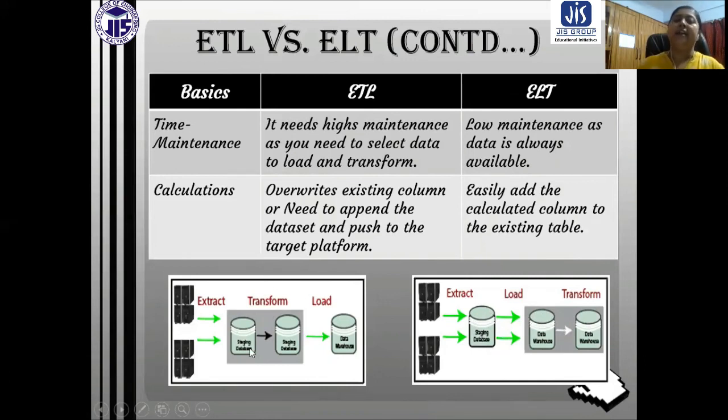But for ETL, it is extracted and loaded into the staging servers, not loaded into the data warehouse servers. So the data is now in the staging area, and in the staging area all the transformation is done, and after that the data is loaded.